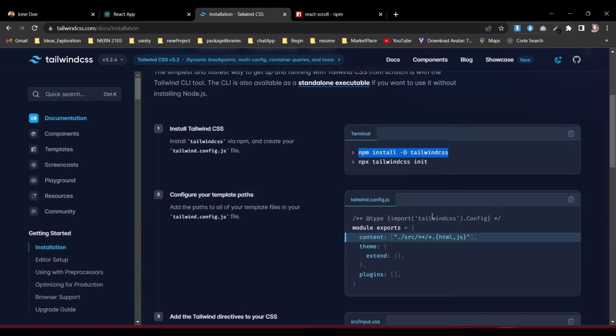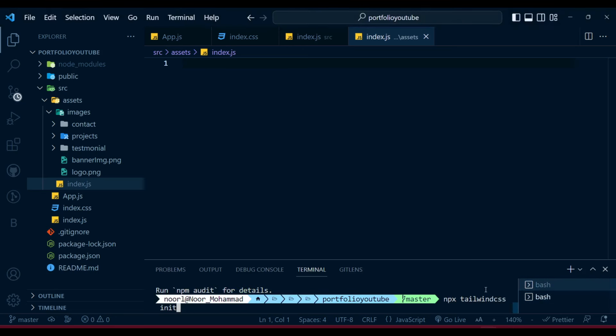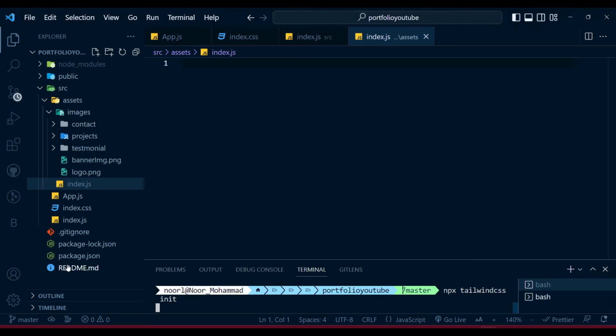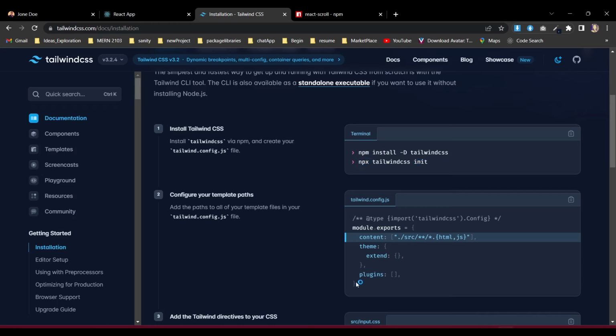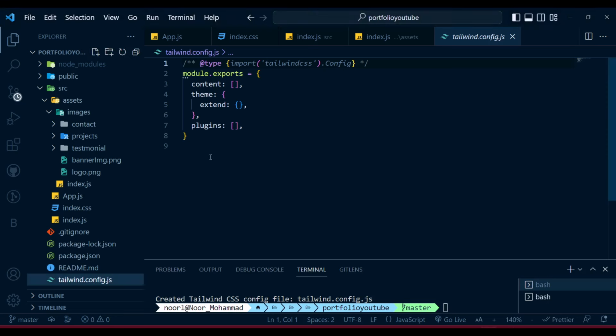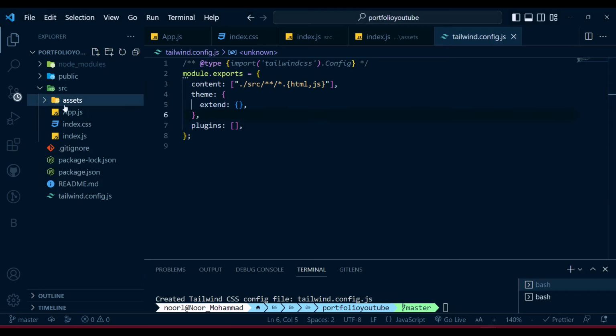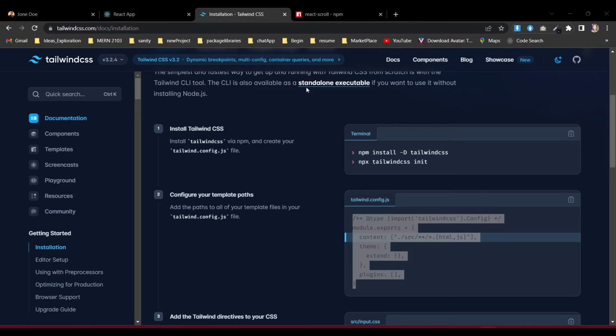After installing that, we also need to run the command which will create a Tailwind config file in our project. That's the file. Let's copy and paste that one. Within that, we are giving Tailwind access to go into our source files. You can see all those things now, app, index, everything is in the source folder. So it will go into the source folder, and whatever file name we are creating,